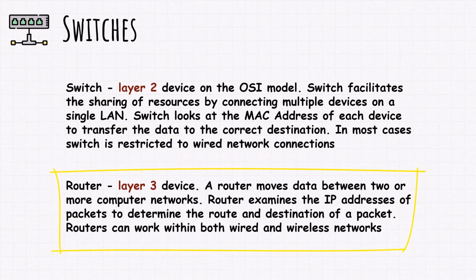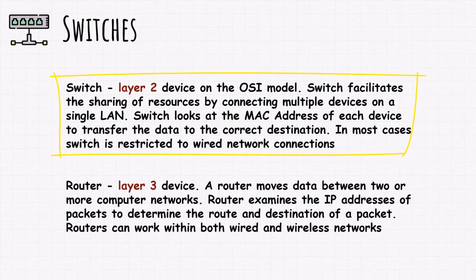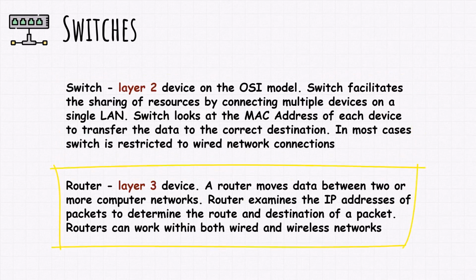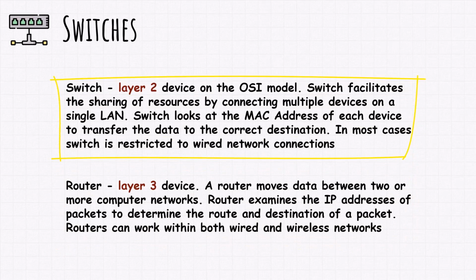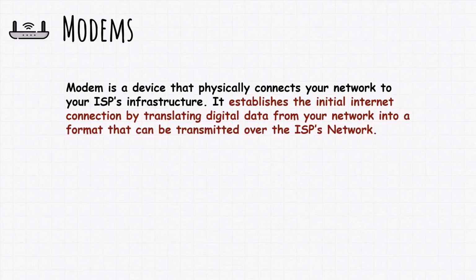To determine the route and destination of a packet, a router examines the IP addresses of packets, and a switch looks at the MAC address of each device to transfer data to the correct destination. Routers can work within both wired and Wi-Fi networks, but a switch is in most cases restricted to wired network connections. Okay, so these are some of the main differences, but we have to mention one more device, which is